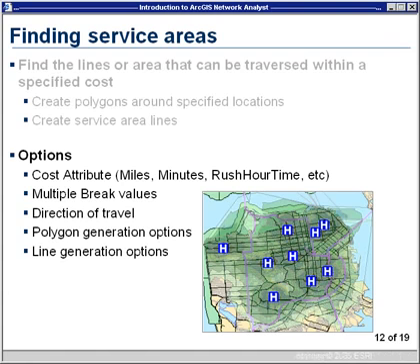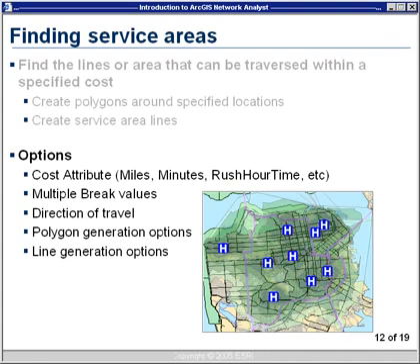You have several polygon options. You can create separate polygons for each facility or merge the same ranges between facilities. Also, you can create closed polygons representing the total area from each location to the break, or you can create ring polygons that represent the area from the previous break to the current break. For example, you can create one polygon that represents the area that can be located 3 to 5 minutes away